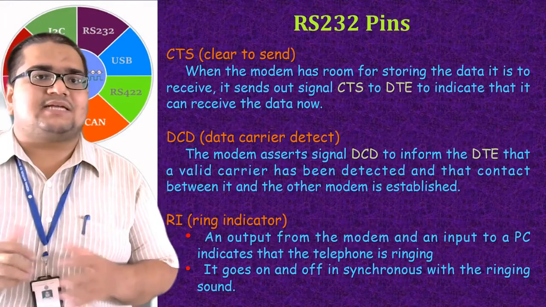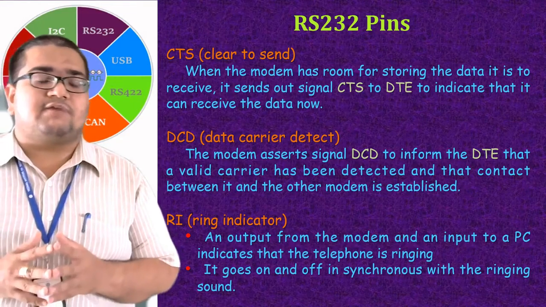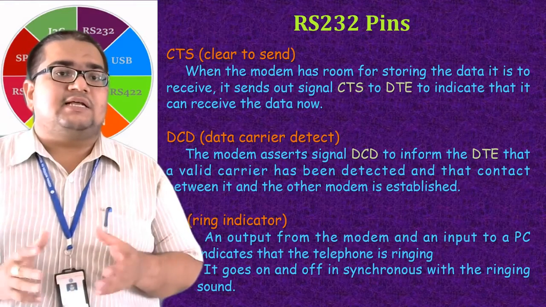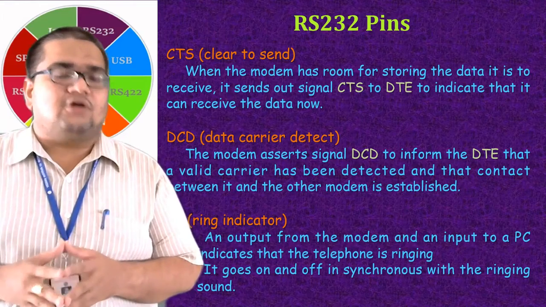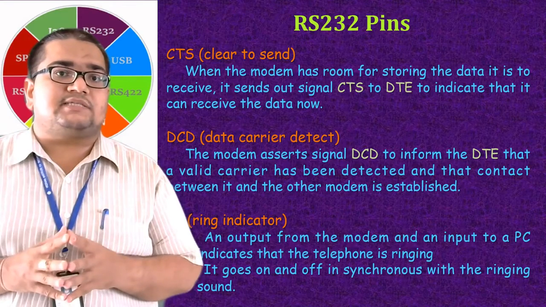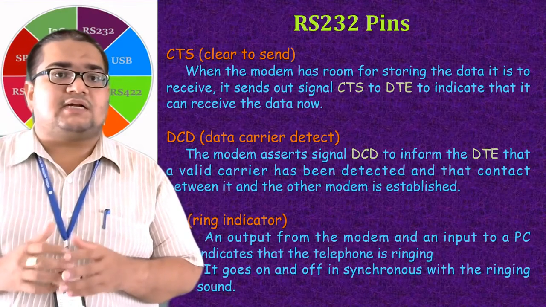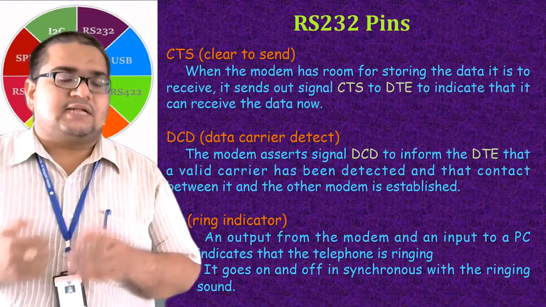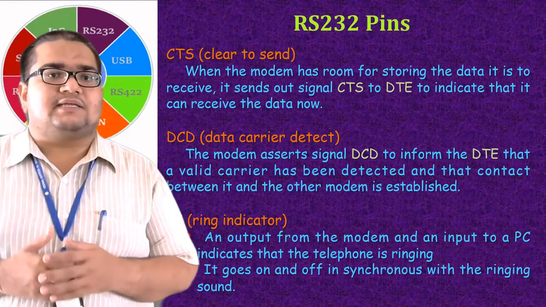As in the earlier case, request to send was sent from the DTE device to the DCE device for requesting whether it can send the data or not. Now, in response to that, the acknowledgement that you can send the data is given by this clear to send signal, used by the receiving side to tell the transmitter that it can send the data.